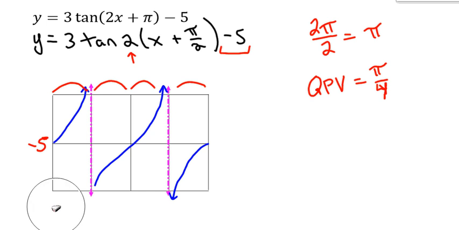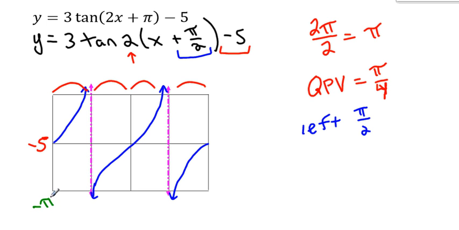But we have a phase shift, so hold on, let's deal with that. So now we need to look at the phase shift, because the phase shift tells us where this starts. The phase shift is to the left by pi over 2. So I know that the first point, or the first part of this sketch, would be at pi over 2. Now there's 4 more points to find, and I know that each of those points is exactly